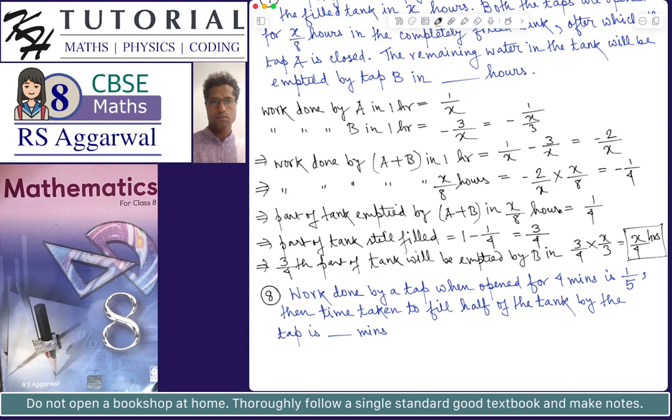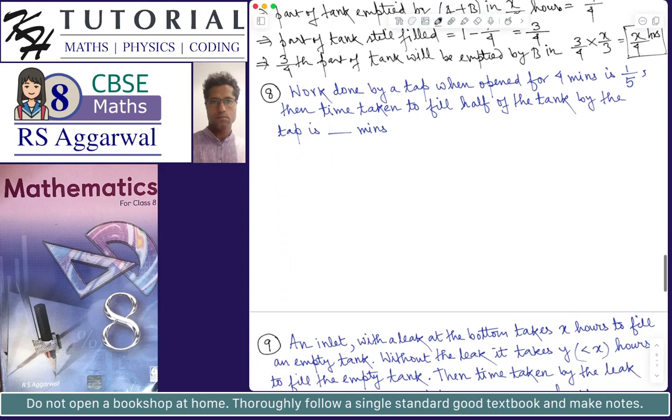Okay, let's do problem number 8. Work done by a tap when opened for 4 hours is 1 by 5. So it is given, okay. Then the time taken to fill half of the tank by the tap is, okay. So it is given that